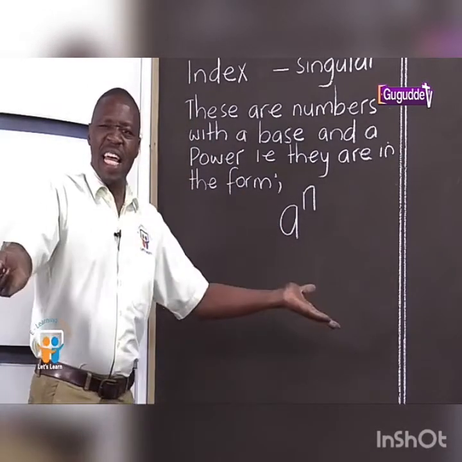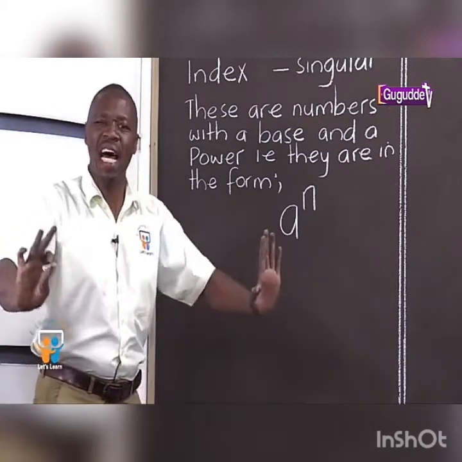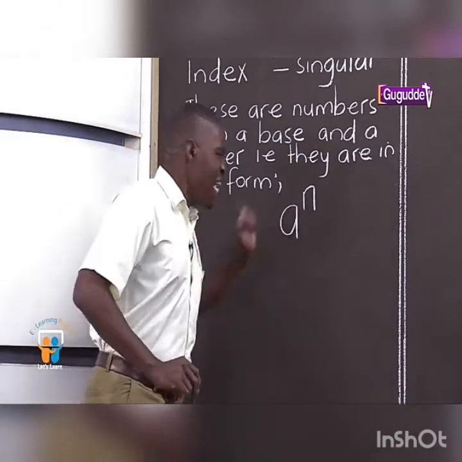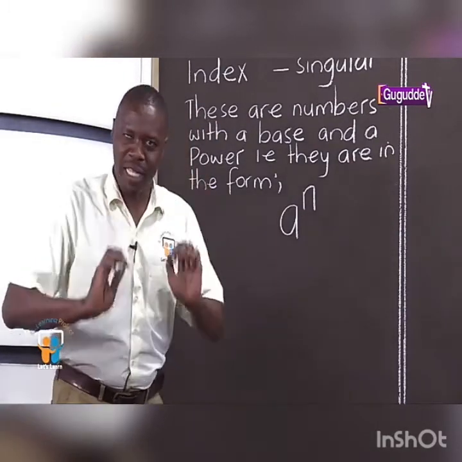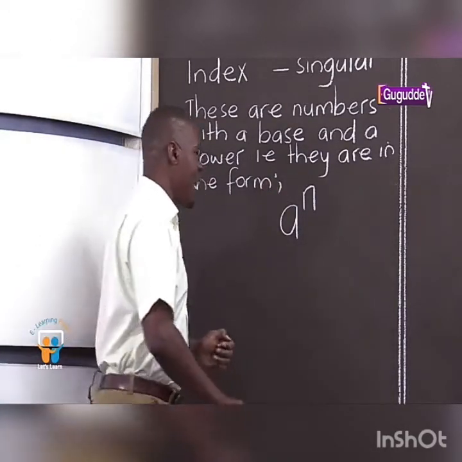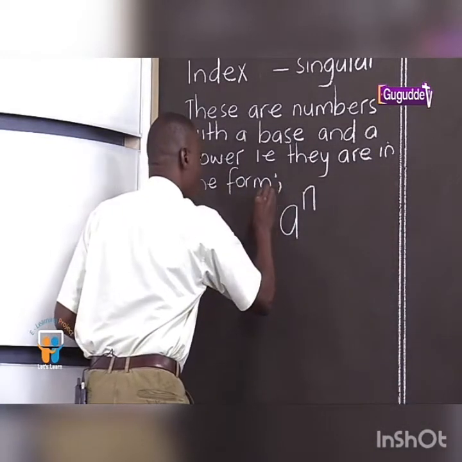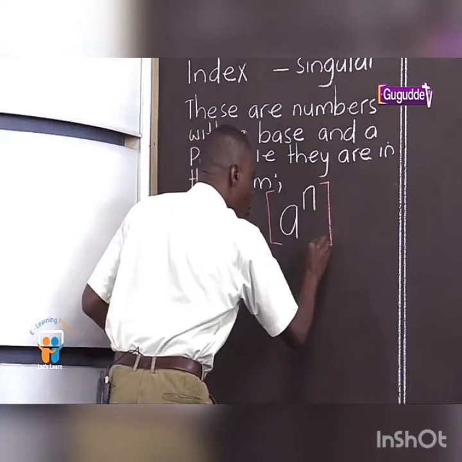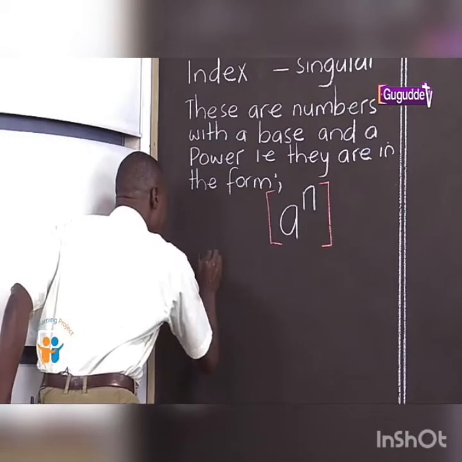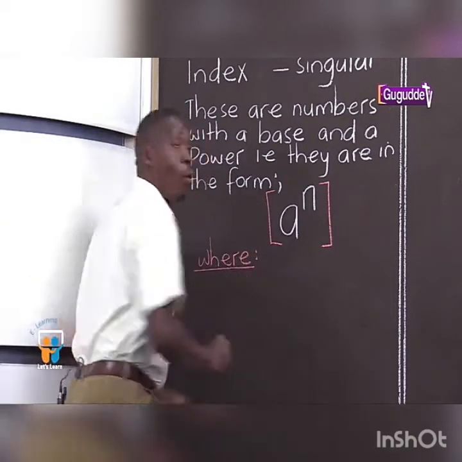The a can be an x, it can be a z, it can be a p, a q, an r, an s, any letter of the alphabet. Even n can be any letter of the alphabet, as long as we are able to indicate what we are seeing here. The examiner wants us to see exactly what you are seeing on the board here. But we need to go ahead and tell the examiner that where